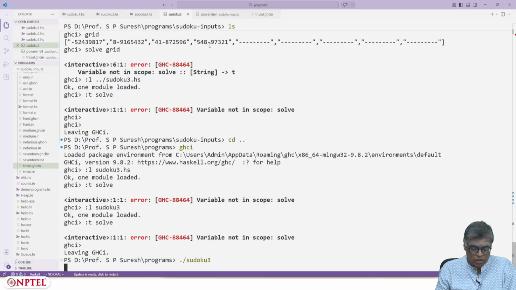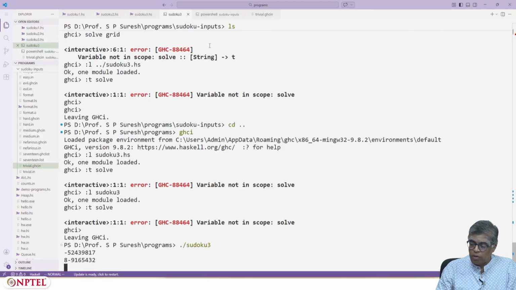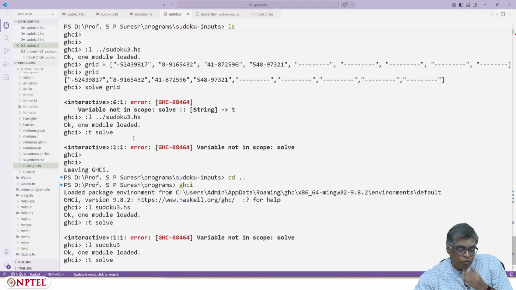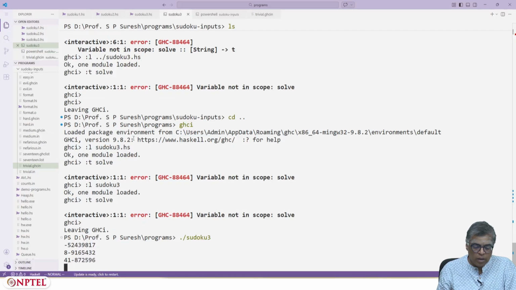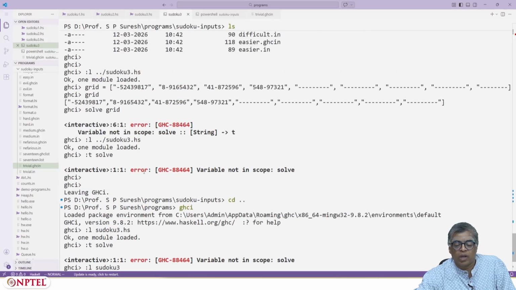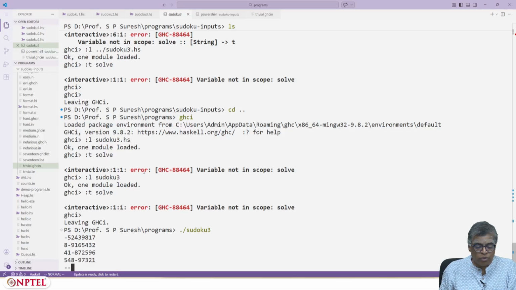Thankfully it is there. 52439817. 8 9165432. 41 872596. 548 97321. And the rest of the rows I'll just keep blank.